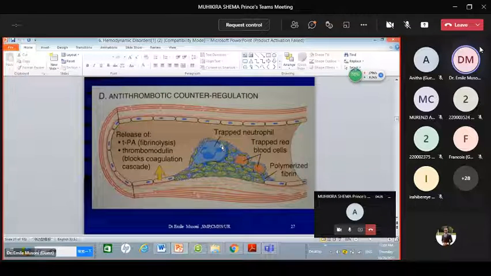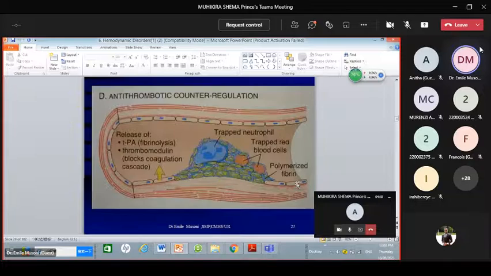Once the fibrin is formed, there will be also degradation of fibrin, because that fibrin, it is hard